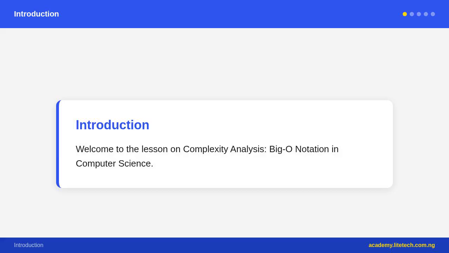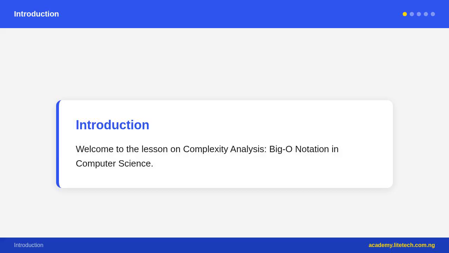Let us begin. Why do we need complexity analysis? Consider this scenario: you write two programs that both solve the same problem. Program A takes 10 minutes for 1000 data items. Program B takes 0.01 seconds for 1000 items. Which is better? Clearly Program B. But what happens with 1 million items? Program A might take days, Program B might take a few seconds, or it might take hours if it grows differently. Complexity analysis lets us predict how an algorithm's performance scales with input size without running it on every possible